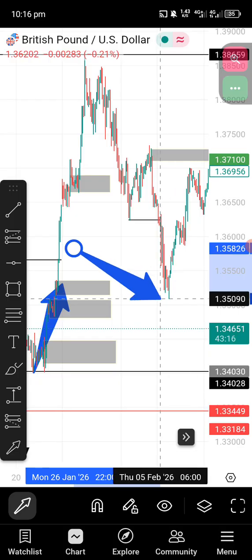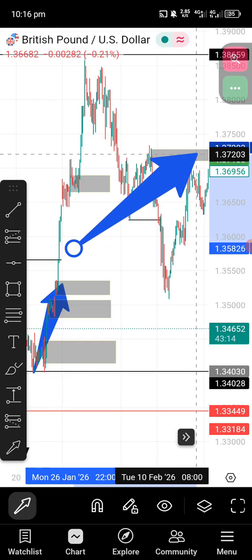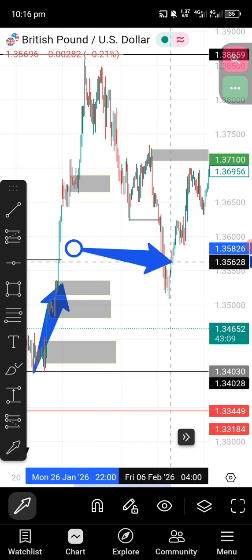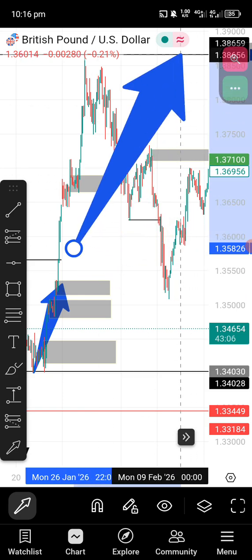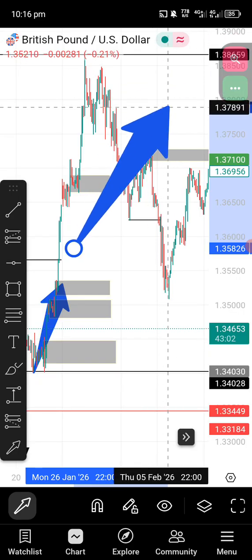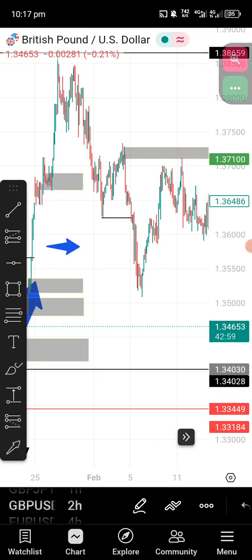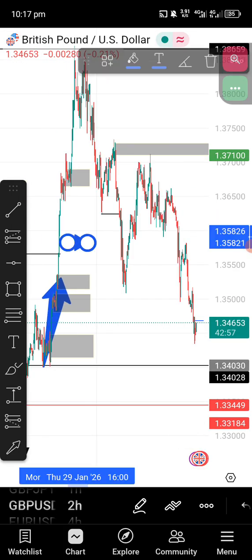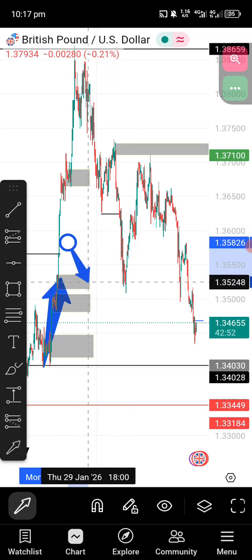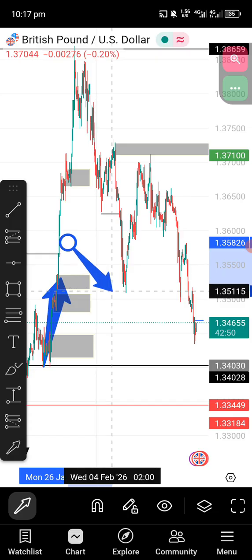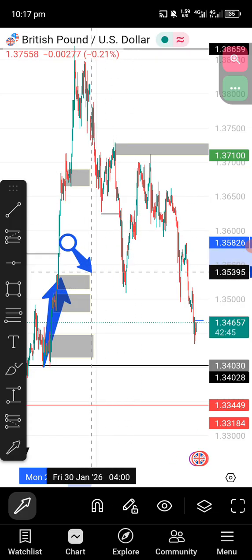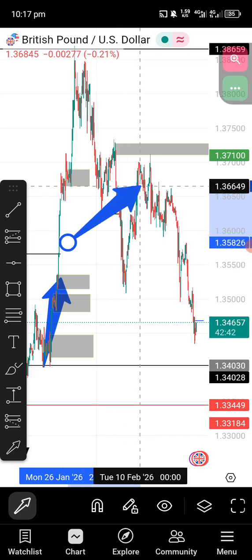Look at it. It respected it and it bought to the upside, but this demand zone here is not strong enough to push this buy to the upside and break a new structure by giving us a break of structure to the upside. So because of that, market still continues selling. Can you see it now? Even though it reacted to this zone, that's one good thing that you must bear in mind, that sometimes it will react to the zone and buy. So you can just catch a little buy maybe,